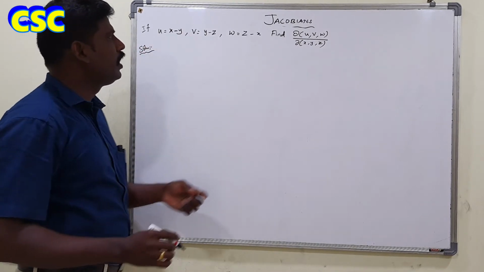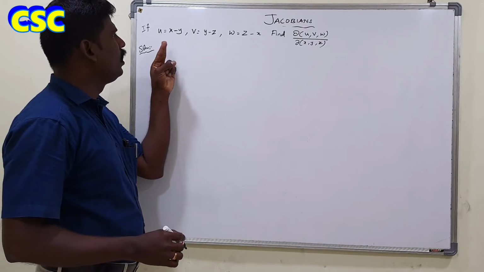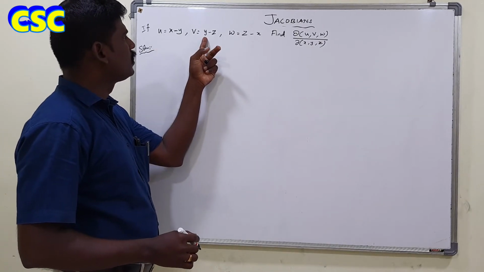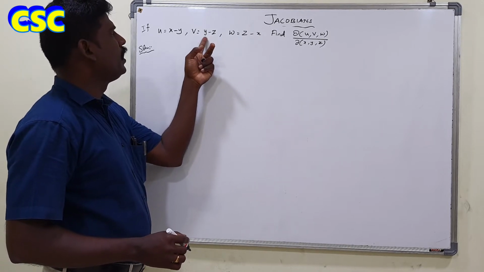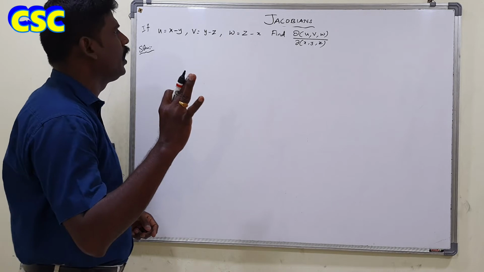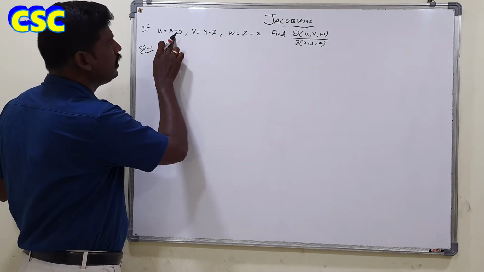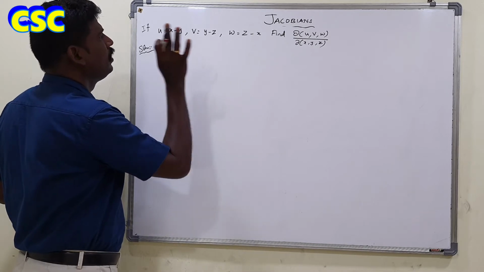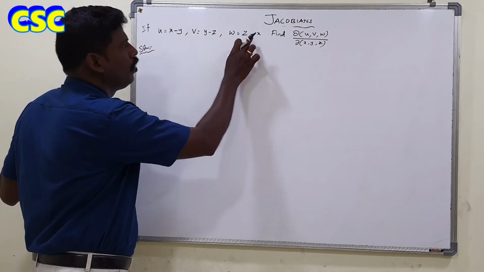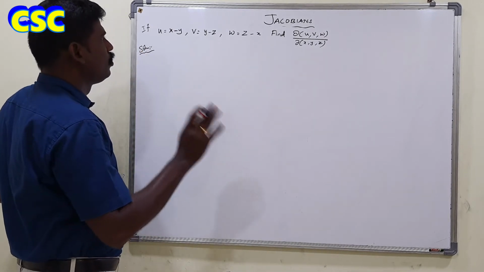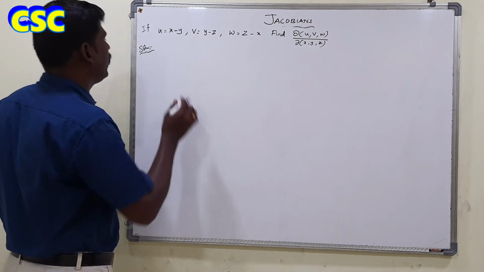Here there are three variables involved in the right hand side. Look at here, u is x and y, there are only two variables here. But look at the next variable, v is connected with y and z. So totally we consider three variables involved in the right hand side: x, y and z. Here z is absent, that's all right, but there are three variables in the right hand side. Here x is absent, y is absent. So totally we can treat it as three variables on the right hand side.